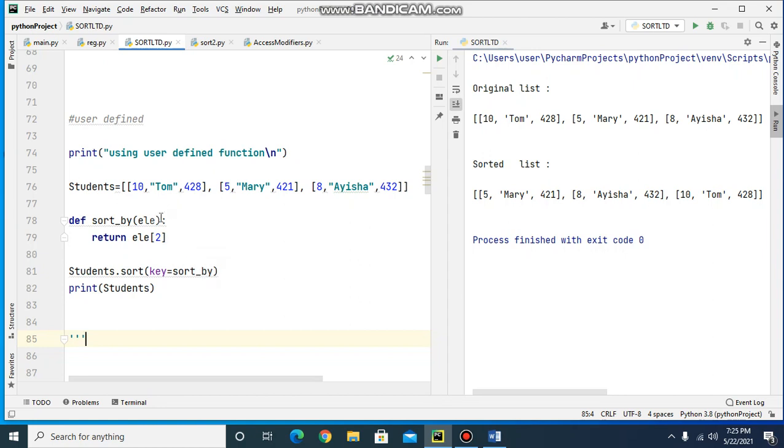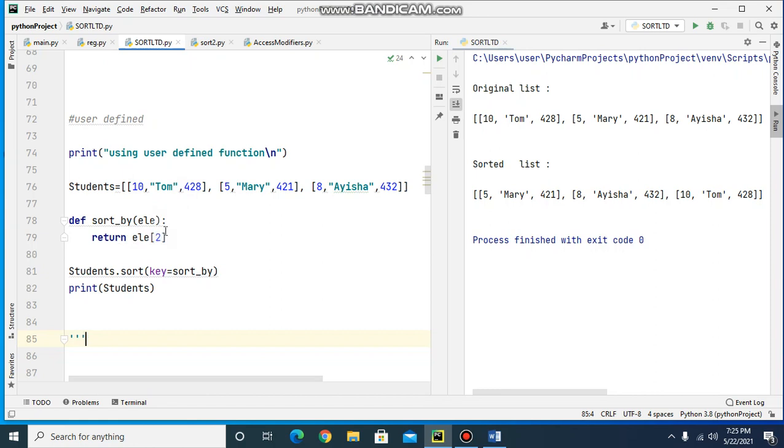The function returns the element on which you want to sort. So here I am sorting on element 2. As we know, the index starts from 0. The element 2 we are having marks. So 0 is roll number, index 1 is the name, and index 2 is the marks.